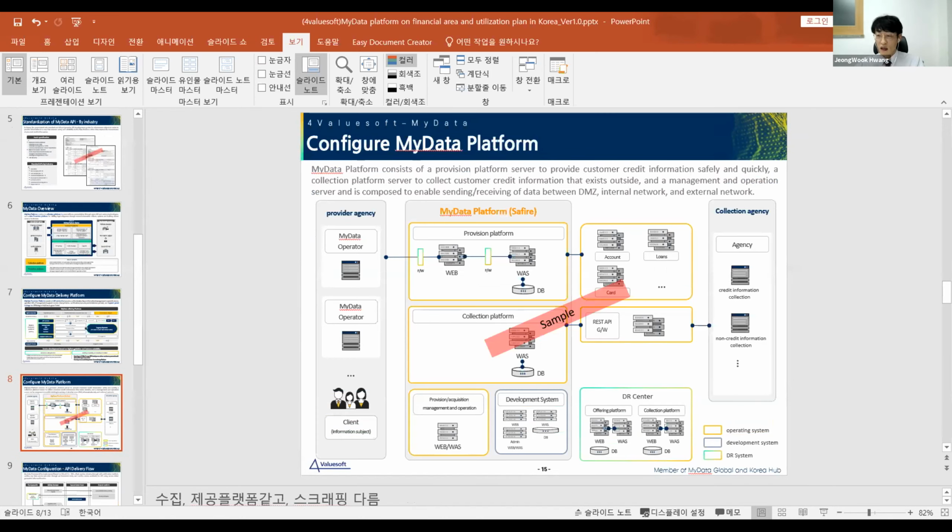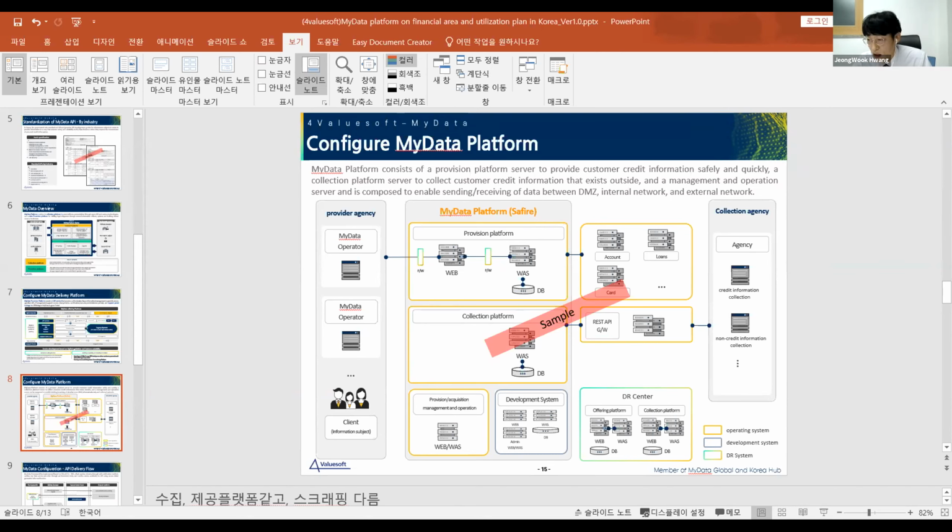This is the system configuration of the Mydata platform, an example to help you understand. The Mydata platform consists of a provision platform server to provide customer credit information safely and quickly, a collection platform server to collect customer credit information that exists outside, and a management and operation server.